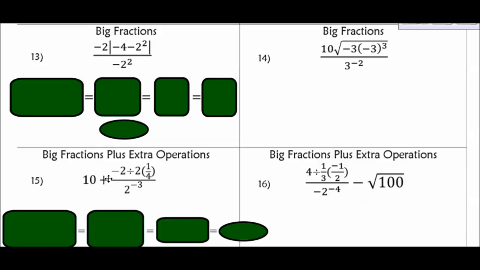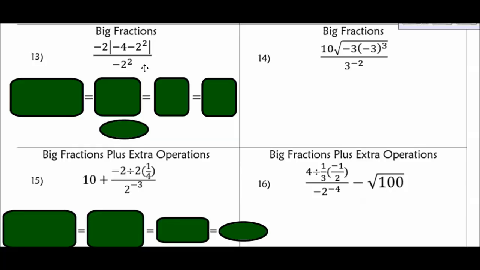This one's slightly different just because we have this plus 10. That's going to happen at the very end. We want to think about the fraction as basically a grouping symbol. I mean, it's also division, but it's basically grouping this. It's saying all of the stuff on top divided by all of the stuff on the bottom. It's grouping those two things. So we're going to do everything in that big fraction first, and then we would just do 10 plus whatever you